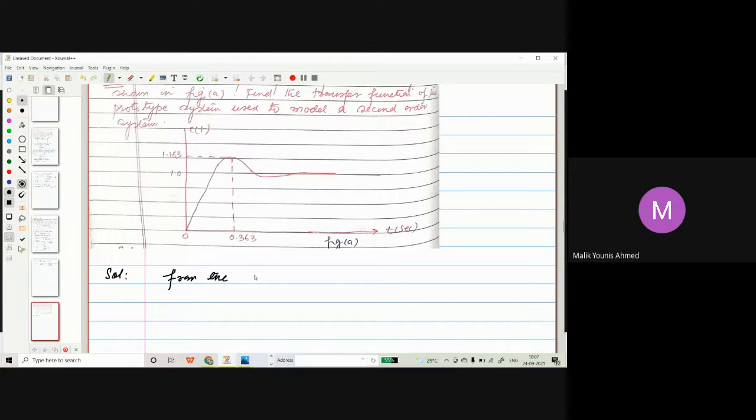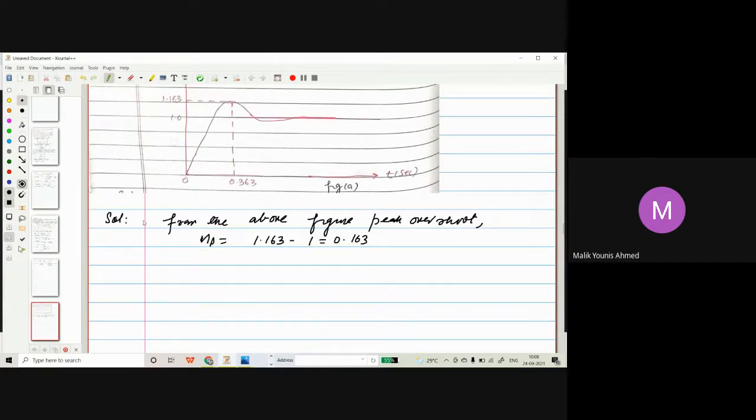From the above figure, peak overshoot MP is equal to 1.163 minus 1, so this 0.163 is your peak overshoot. Peak overshoot has come, so MP is given as